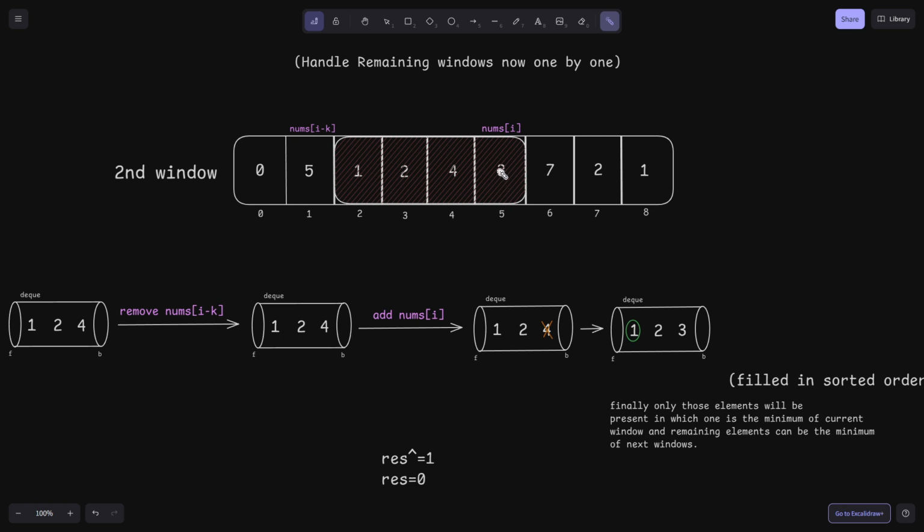So we will compare this 3 with this 4, and after comparing, we will be very sure that this 3 element is definitely less than this 4. So for the current window, since both of these elements are a part of the current window and this 3 is less than this 4, it means that this 4 can never be the minimum of the current window or the remaining windows anymore,